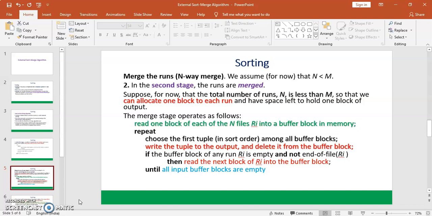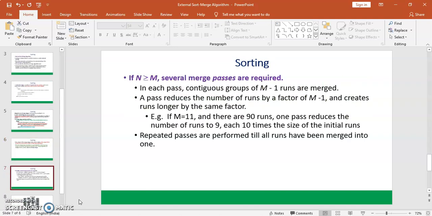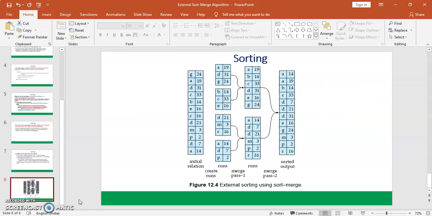So the blocks that are externally arranged are finally created into runs, and each run enters into a pass, and this is merged. First we create the sorted runs initially, and then in the second stage we go through a merging operation.